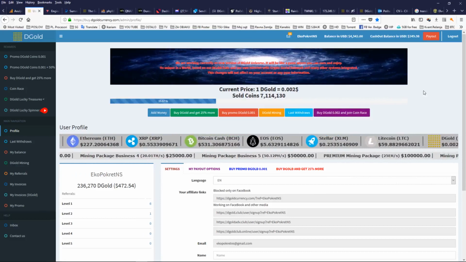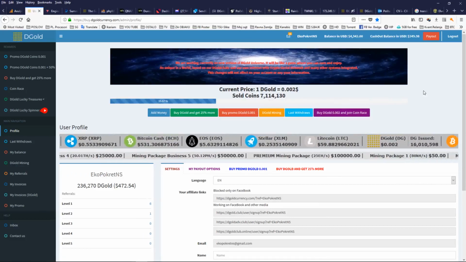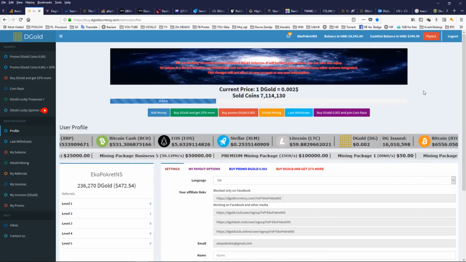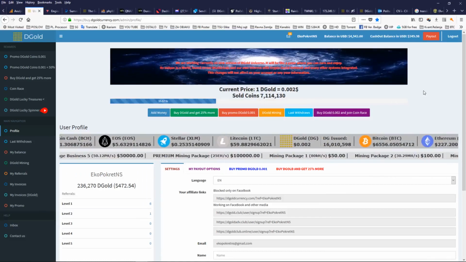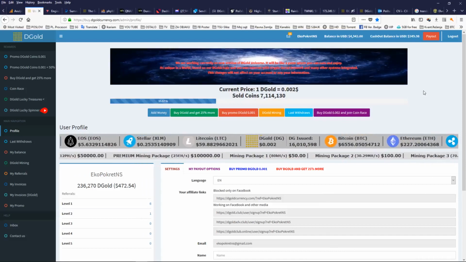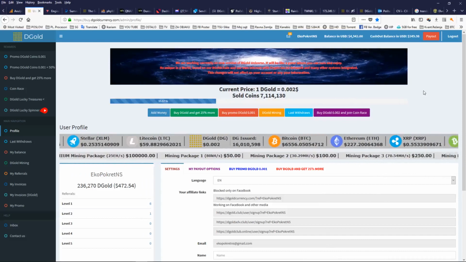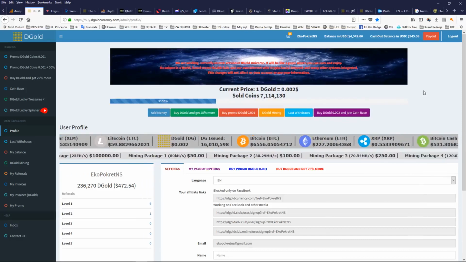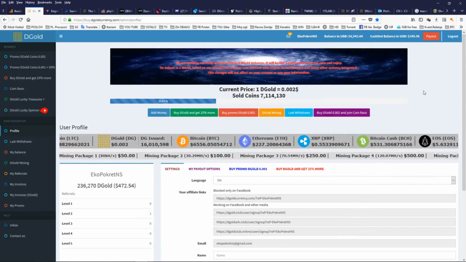So once again about the Doomsday coin, when it comes out for buying, when it is fully developed, the main thing you need to know: every member that is registered on this site will get 500 Doomsday coins.